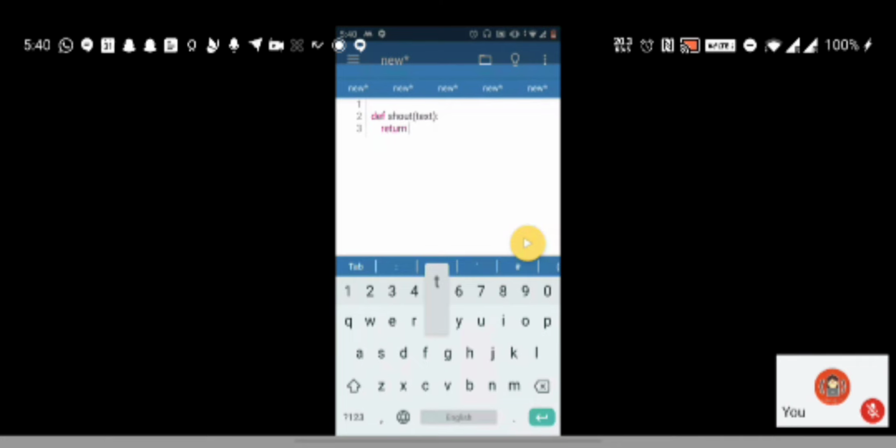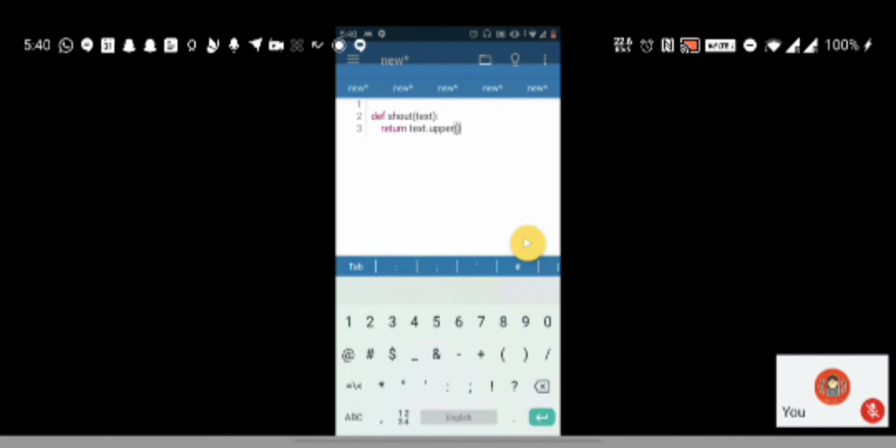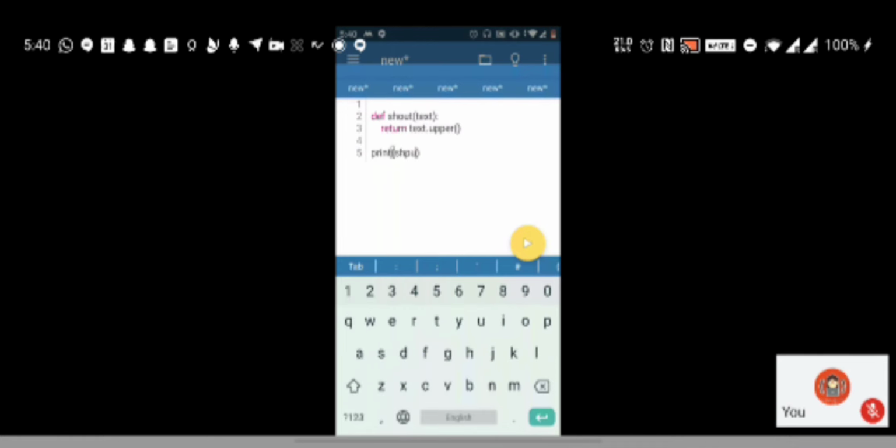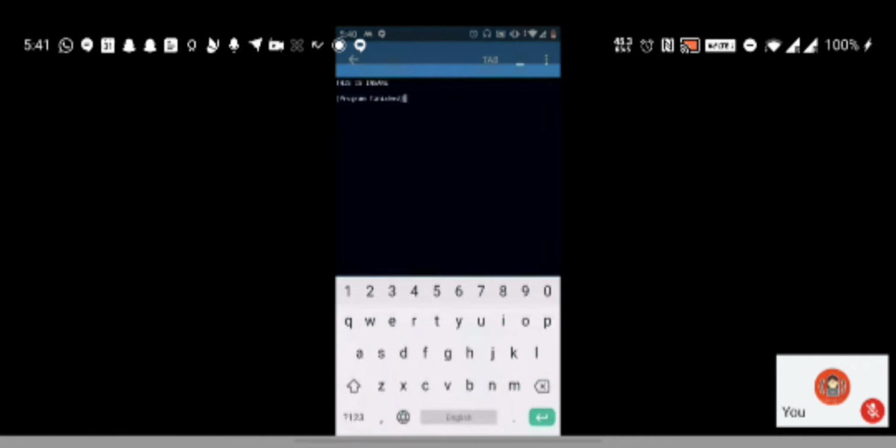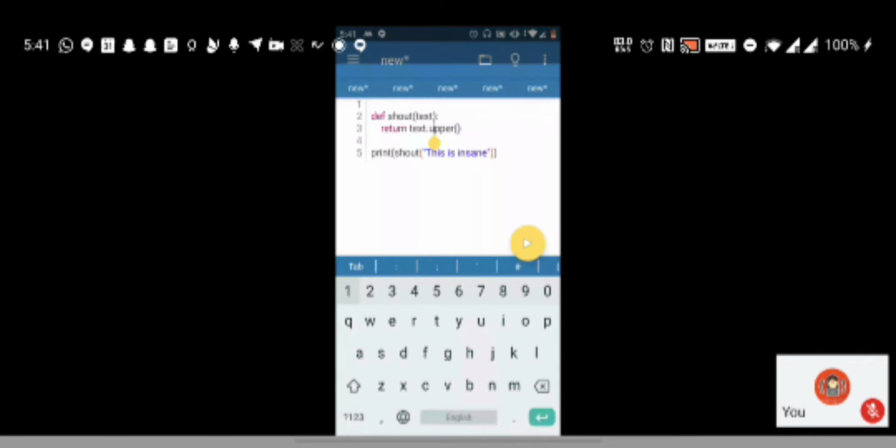For that you can use dot upper, which is used for strings. I'm just going to say shout, maybe 'this is insane', like somebody shouting. When I execute this, you can see all of the characters are being converted into uppercase. That is what dot upper does.